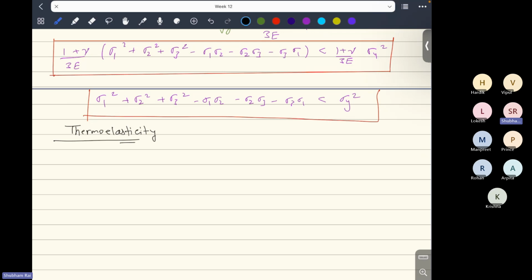So the thermal strain that would be developed due to the temperature effect will be epsilon t, which should be equal to alpha delta T, where delta T is the change in temperature and alpha is the coefficient of thermal expansion. Right,